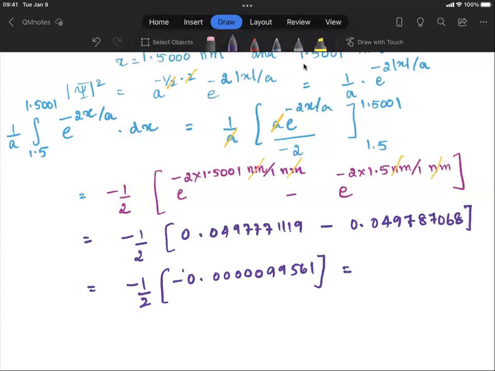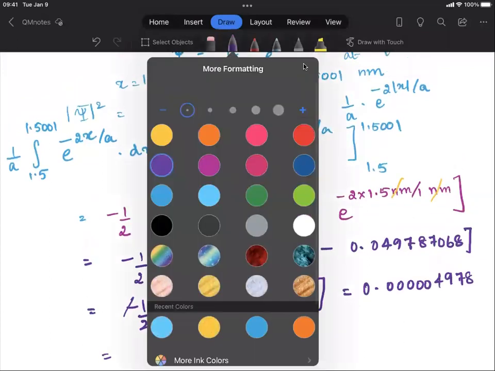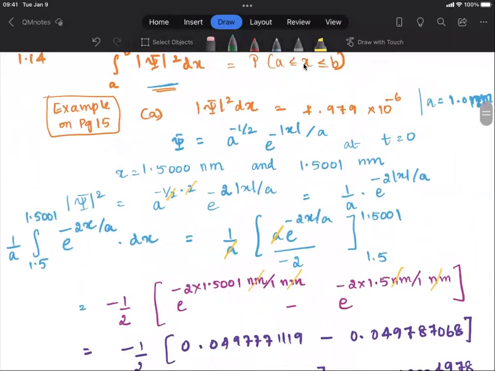Now, the negative sign gets canceled out, so I'm going to divide this by 2. And I end up with a result which can be written as 4.978 times 10 to the power negative 6. And this answer is almost the same, basically the same answer, as what we had